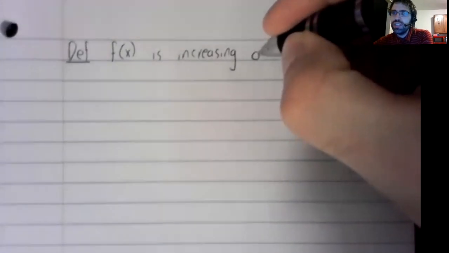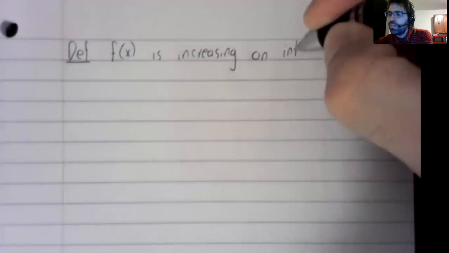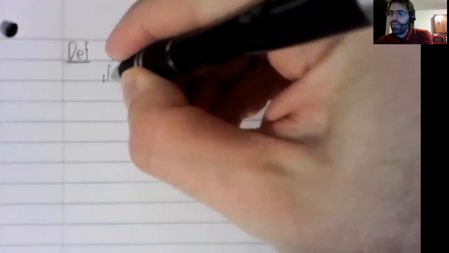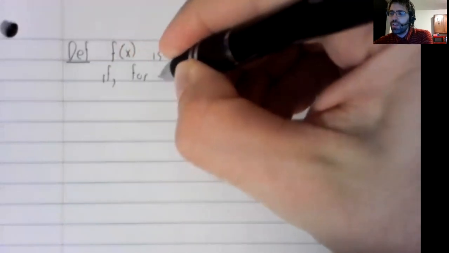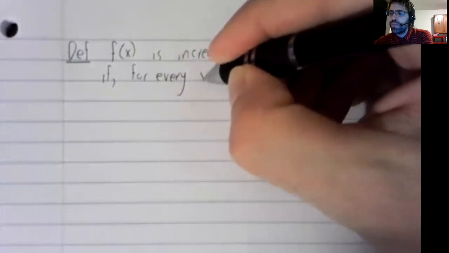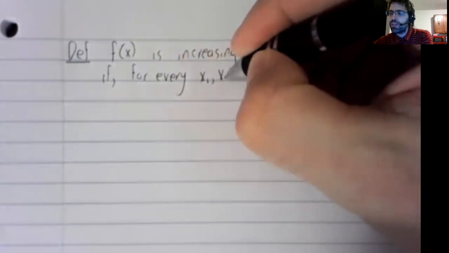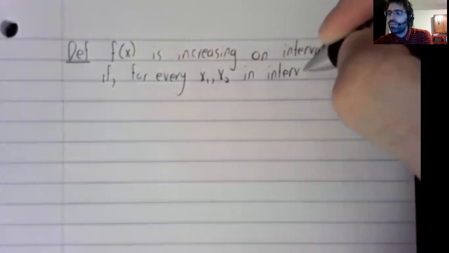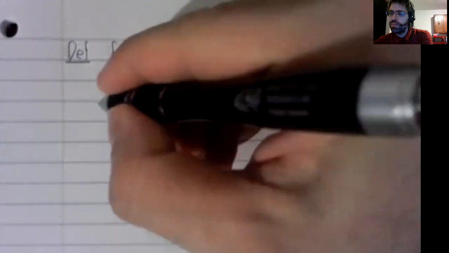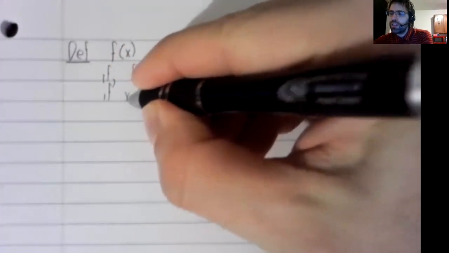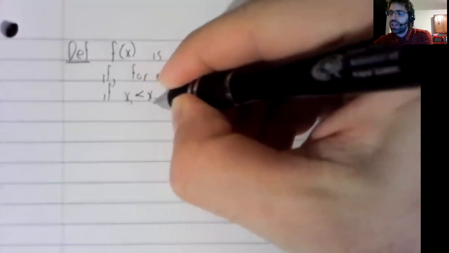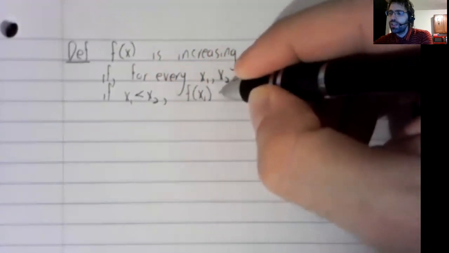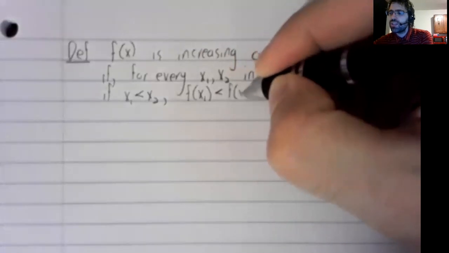F of x is increasing on an interval if for every pair of values x1 and x2 in the interval, if x1 is less than x2, then f of x1 is less than f of